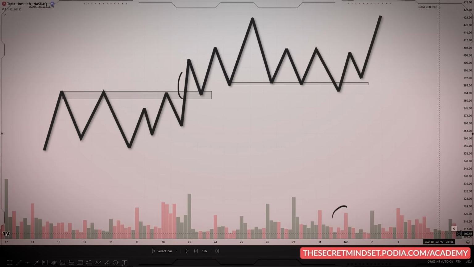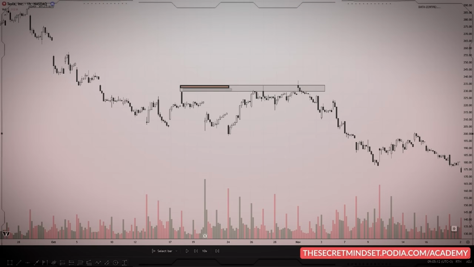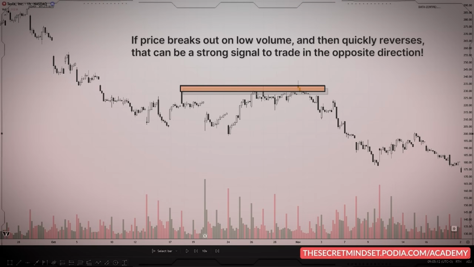As we already talked about, false breakouts and liquidity runs are common traps in trading. When price breaks through a key level, don't just jump in right away. Wait for volume to confirm the move. A true breakout should come with above average volume. And if volume is low, it might be a fake out. But here's a cool trick. Sometimes, a failed breakout can be an even better trade. If price breaks out on low volume and then quickly reverses, that can be a strong signal to trade in